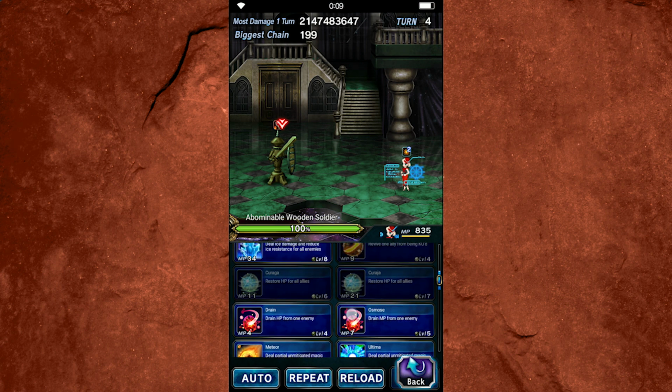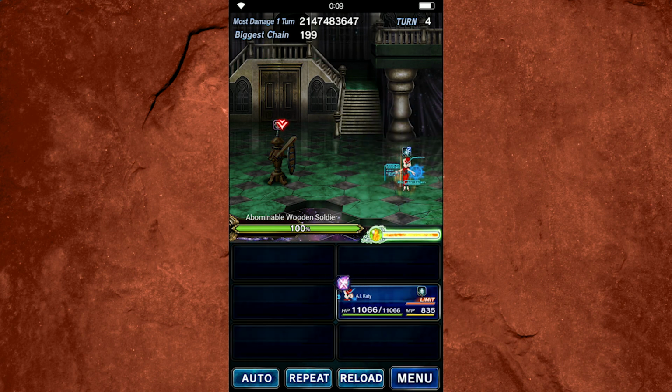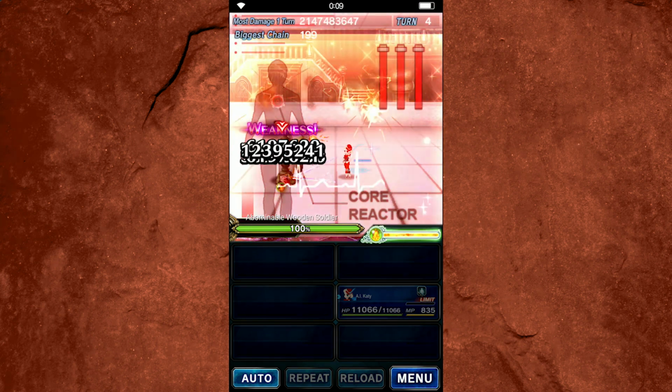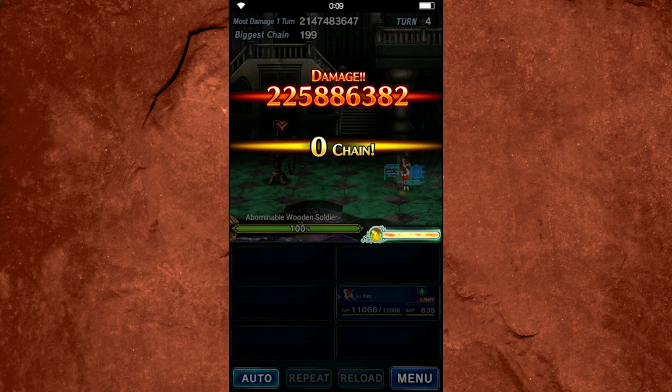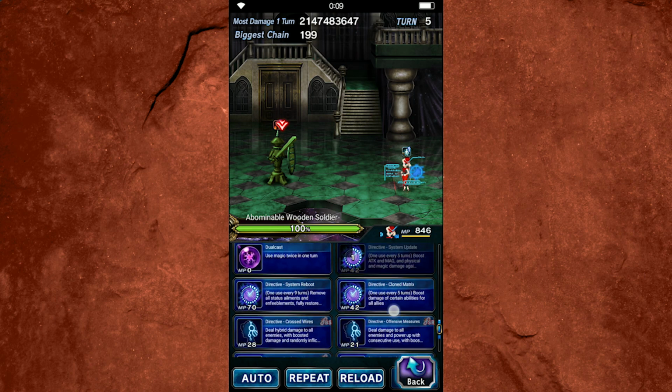The only other one is her Limit Burst. In my opinion, I don't think it's especially good for damage, but it does apply Break just in case you need it. Yeah, that's pretty cool. That's pretty cool. I like that. So those are the majority of her abilities, but the ones that you're going to be using